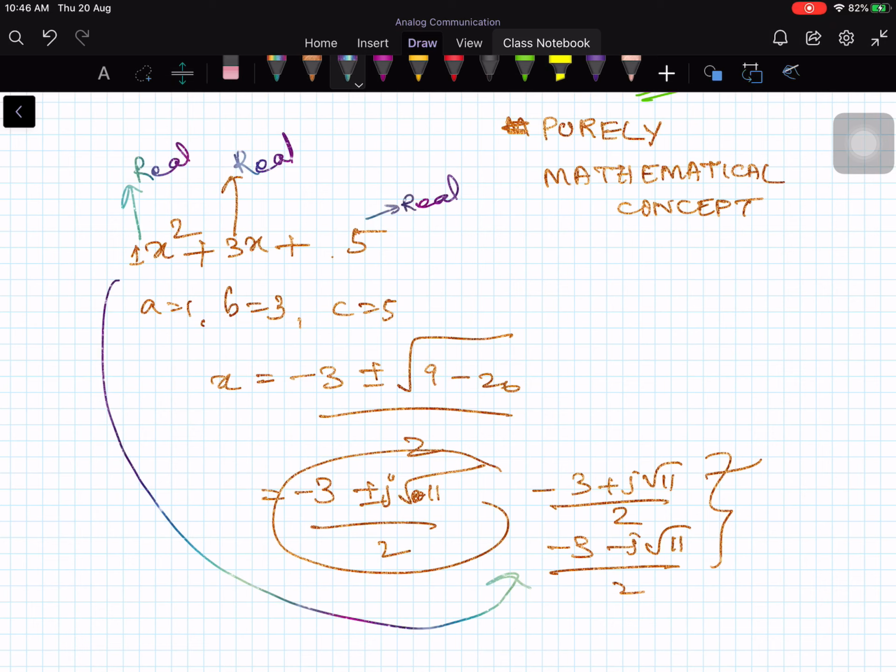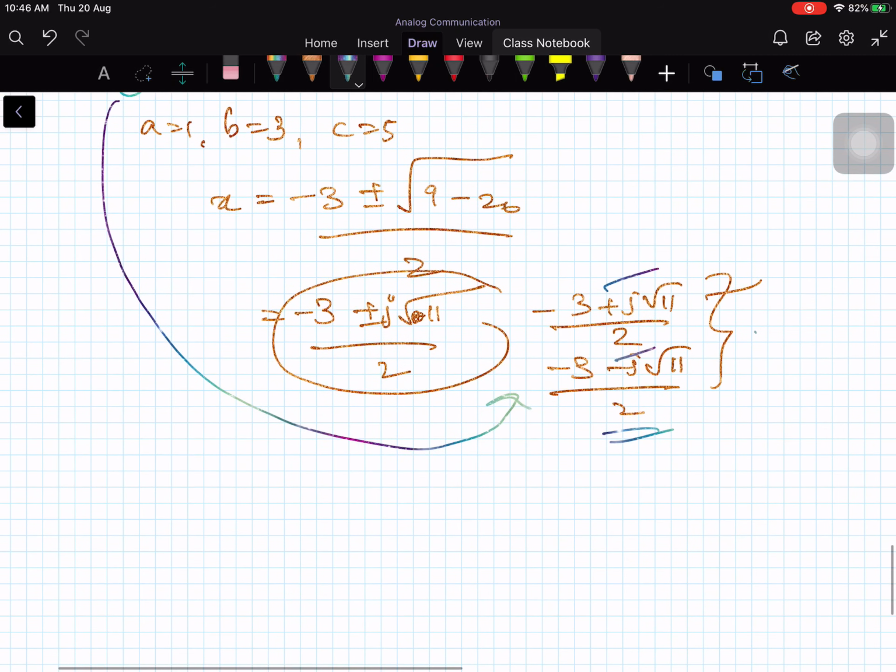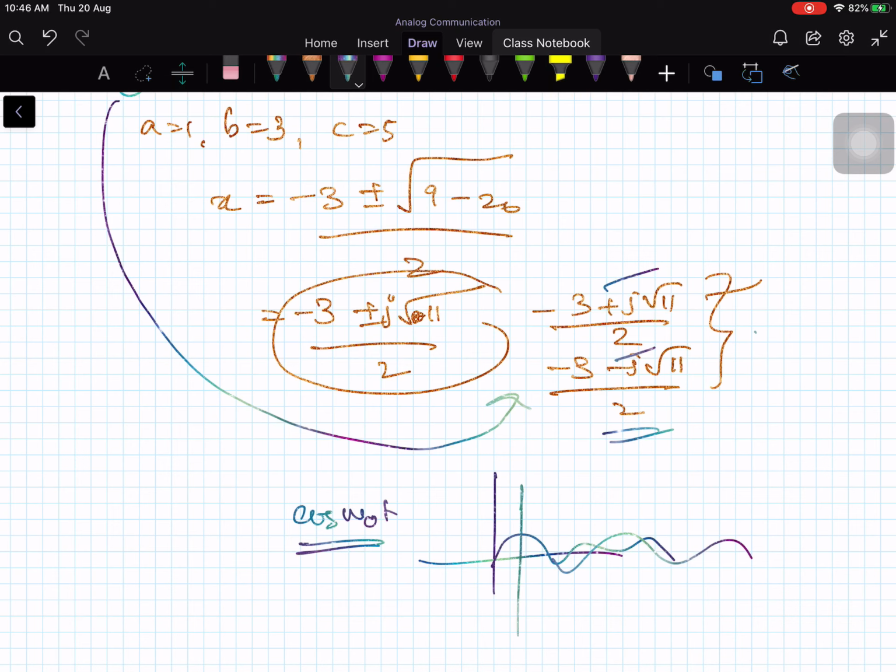So it is a pair, it is called a complex conjugate pair. One is plus and another one is minus. Therefore the complex numbers always occur in pairs for any real equations. Here these coefficients are real, therefore you are getting complex numbers like this. Similarly, if you take cos omega naught t, it is a real signal. Why is it a real signal? Because you can generate the signal in the lab, right? So like this. Therefore it is a real signal.